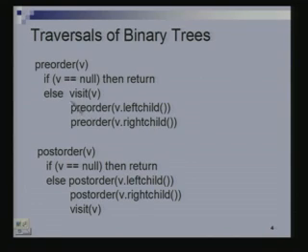We are calling pre-order within the procedure itself. How does this work? This will work by making the call to itself, when we are doing a pre-order traversal on the left child and on the right child. And the difference between pre-order and post-order here is that visit now comes at the very end. You do a post-order traversal on the left child, then a post-order traversal on the right child, and then eventually you visit V.